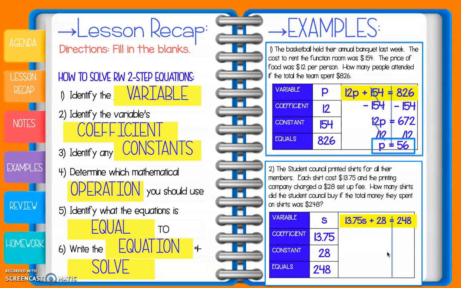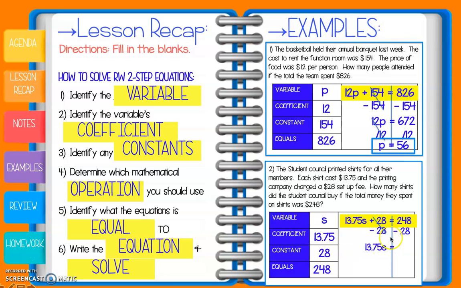So the first thing I know I need to take care of is my addition. So I need to eliminate the addition, and I'm going to do that by using the inverse operation, which is subtraction. So I'm going to subtract 28. Whatever I do on the left, I have to come over here and do the exact same thing on the right. So I'm going to subtract 28 on the right as well. We have a plus 28 and we have a minus 28. Those two are opposites, they're going to cancel, and it leaves us with just a